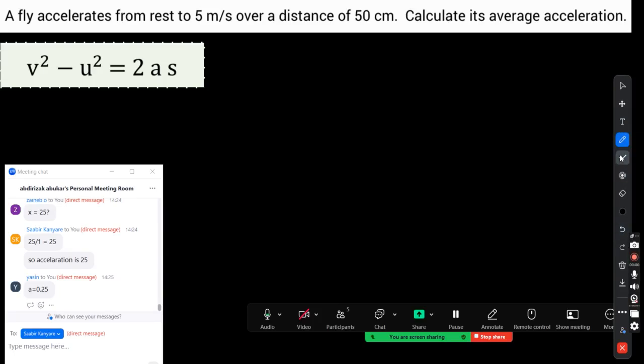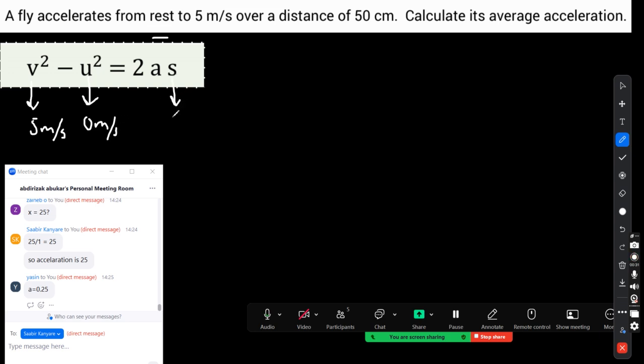Actually quite a lot of you got it right. So for this part here, all you need to do is, the question says from rest to 5 meters per second. So we know that this value, V, is 5 meters per second. We've been given from rest, so that means U is 0 meters per second, and we've also been given